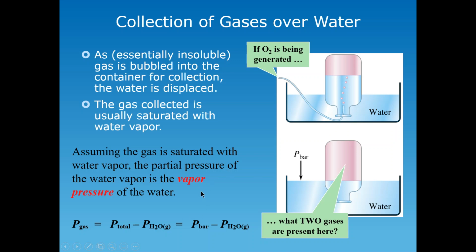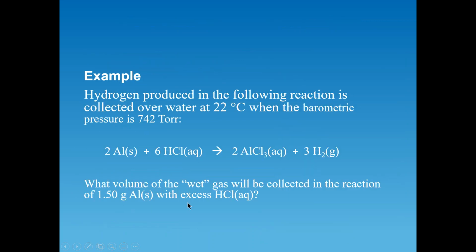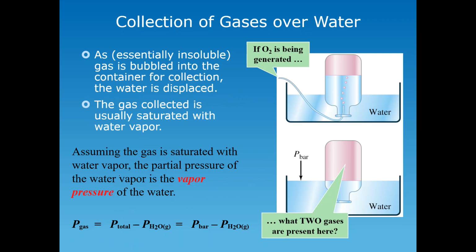So therefore, we know that the total pressure, let me write this down here because I don't see it here. Well, it's actually here, but written in a different form. The total pressure of the gaseous mixture will be equal to the vapor pressure plus the pressure of the gas. In this case, it's oxygen, right? So if that is true, then this is true. The pressure of the gas, in this case oxygen, will be equal to the total pressure minus the vapor pressure